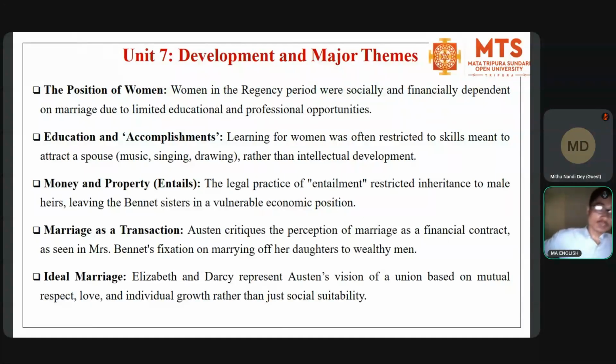The development, as a work of literature, is about how developed and matured a literary work Pride and Prejudice is, and the major themes it has. Why was it called development? Because it talks about the position of women in society, right? How we can improve the position of women in society. It deals with that, and it also deals with education and so-called accomplishments,